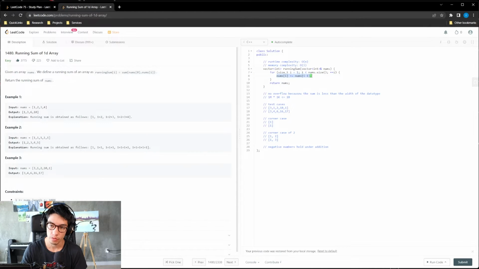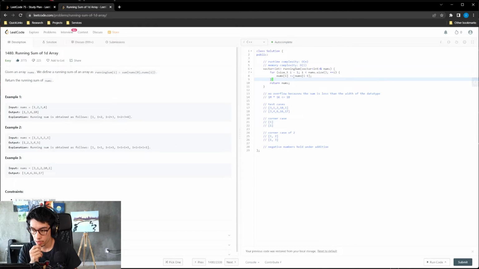We also could have not done that summation in the actual array. We could have used an extra integer and then just assigned that integer to the index of the array. Also didn't need to do that.